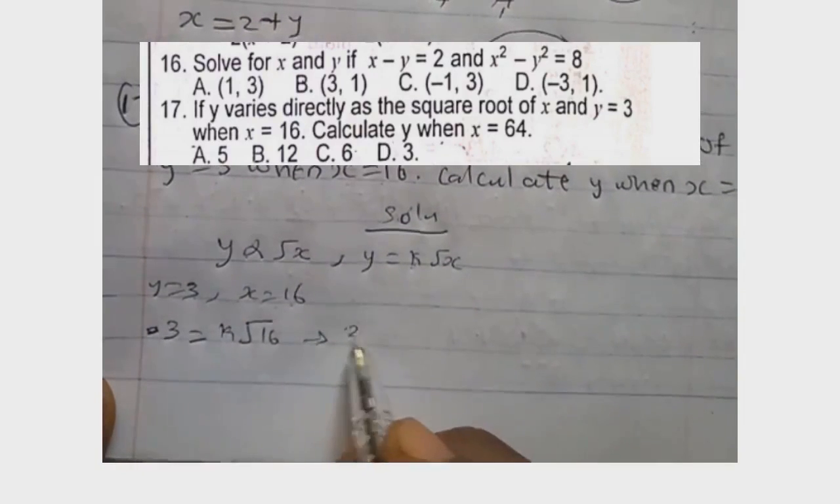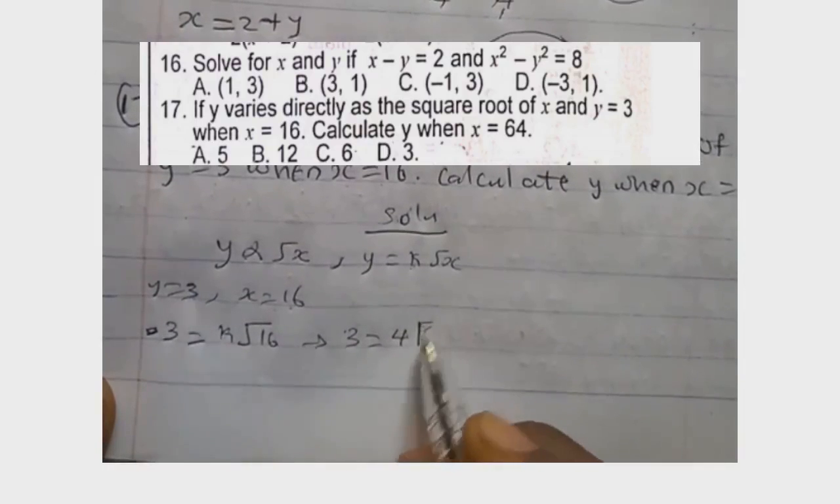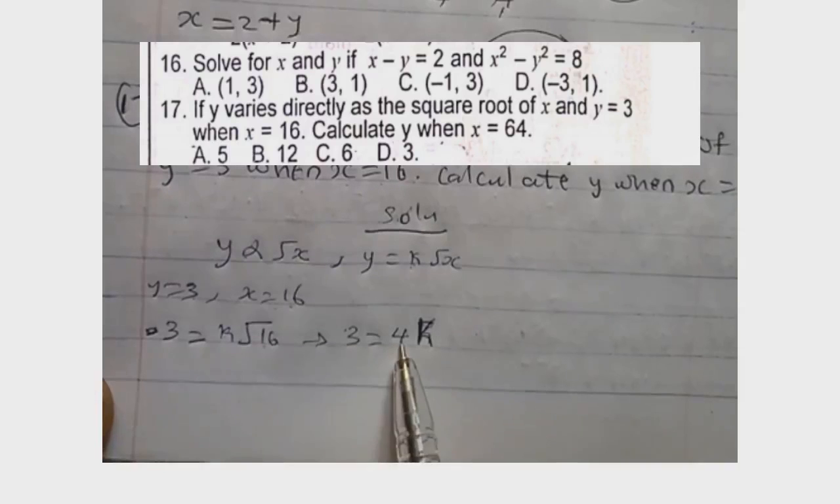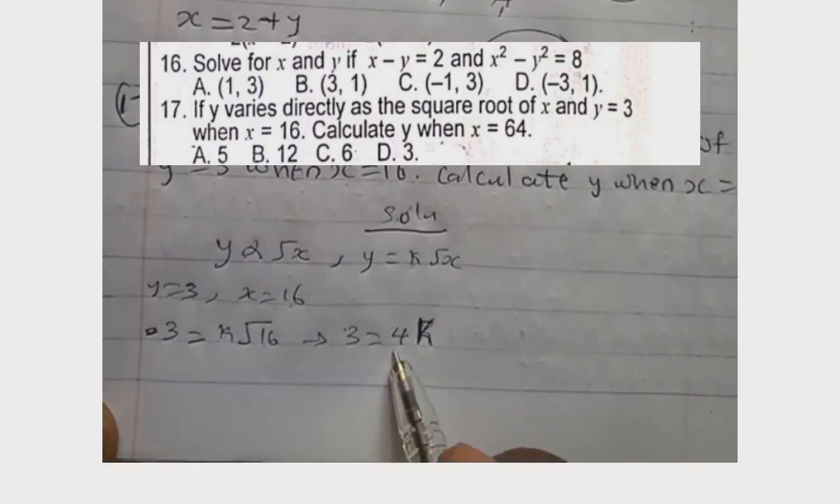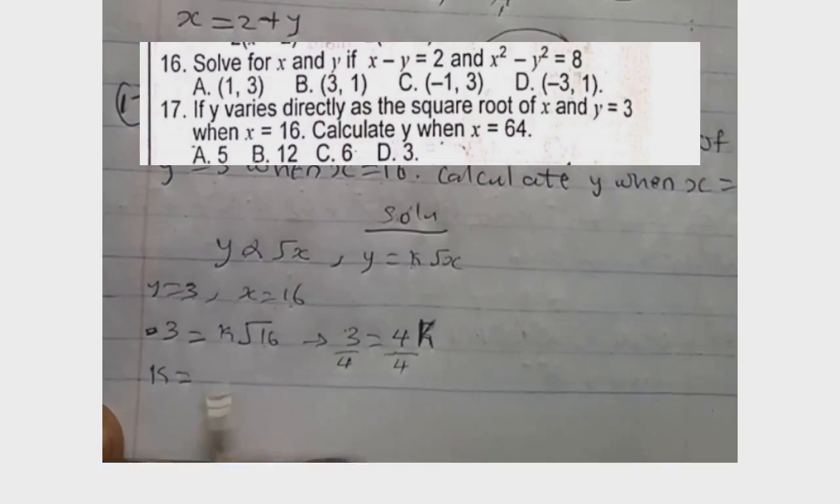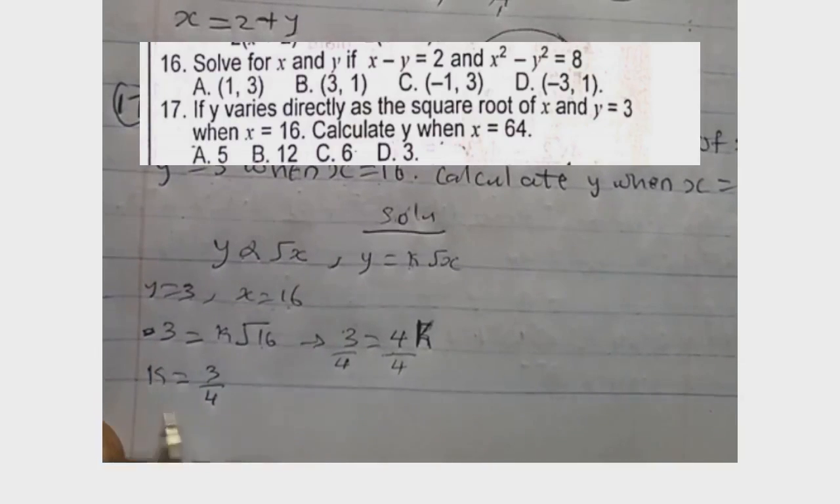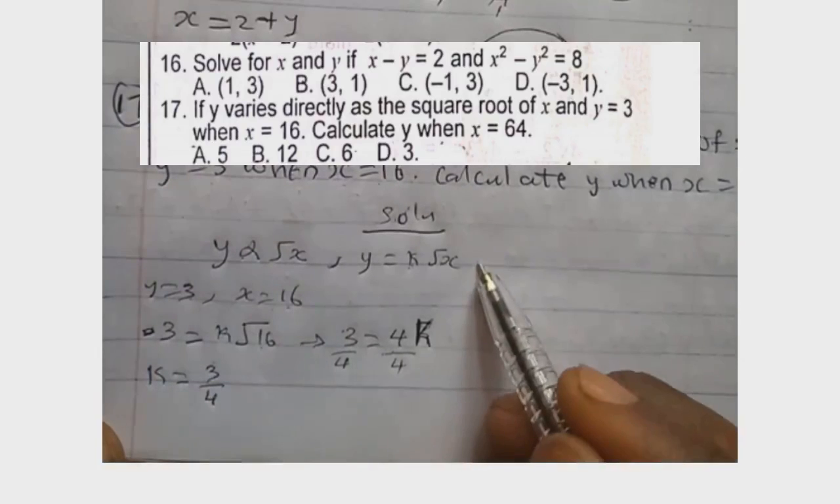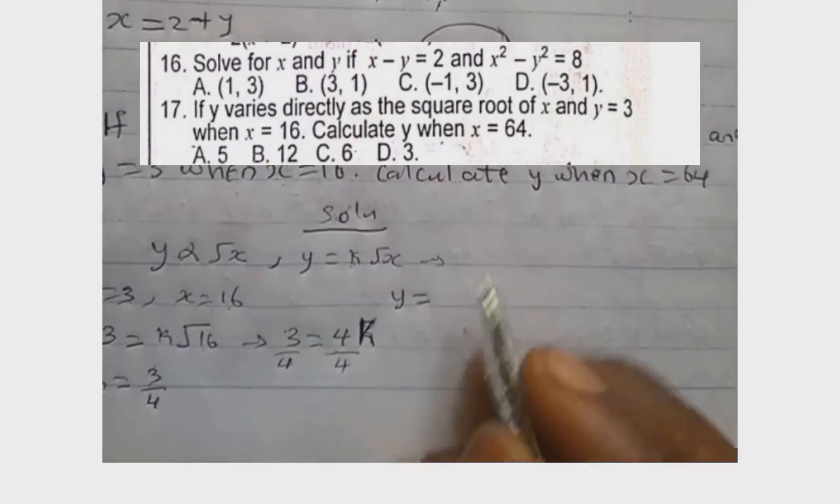So 3 equals 4k. To get the value of k, divide both sides by 4. Now k is equal to 3 over 4. So this is our equation, it now becomes y equal to